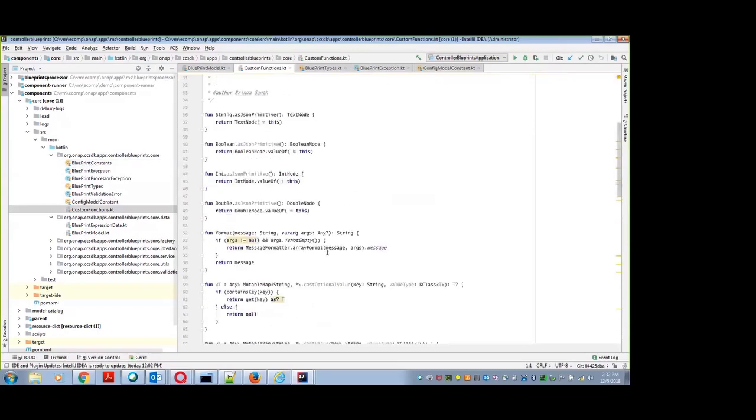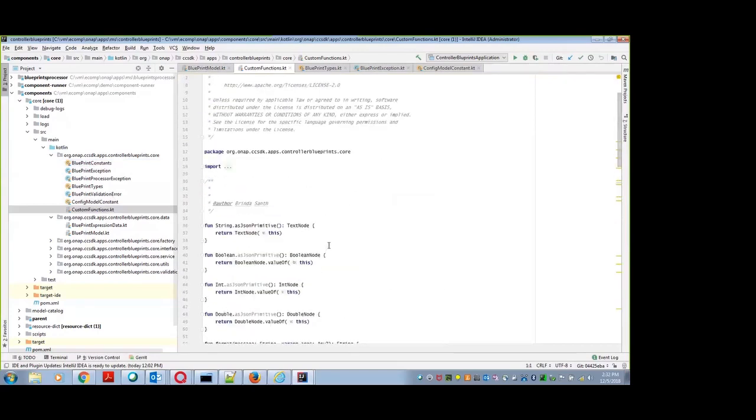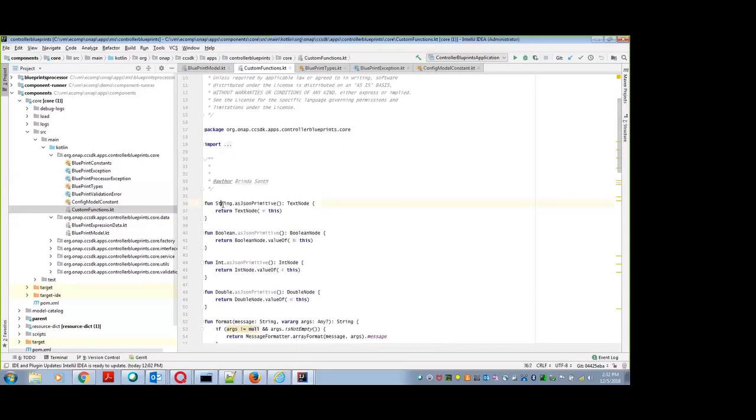Kotlin has a very good feature. For a particular class, if you define a class, then you can attach extra functions to that class. Say, for example, I have a string, and that string is a Java class, and I want to get it as a JSON primitive. For JSON, we are using Jackson. Jackson is good right now, but there are some security vulnerabilities with respect to Jackson. In future, we are planning to move towards